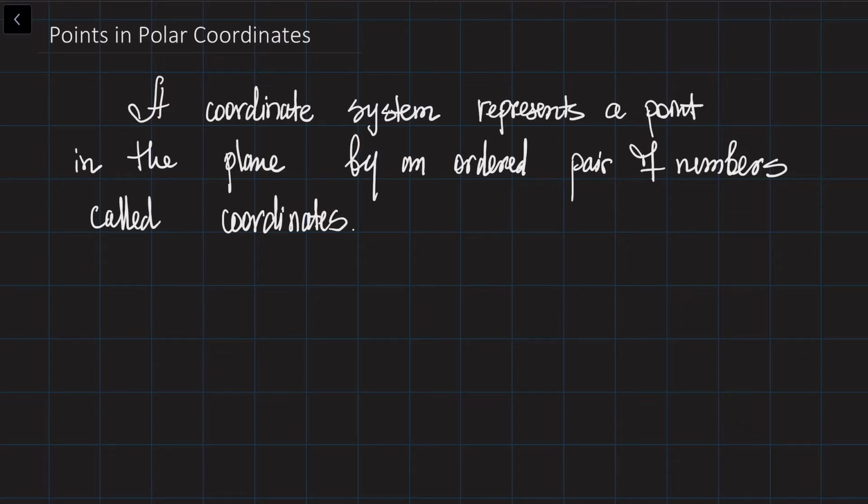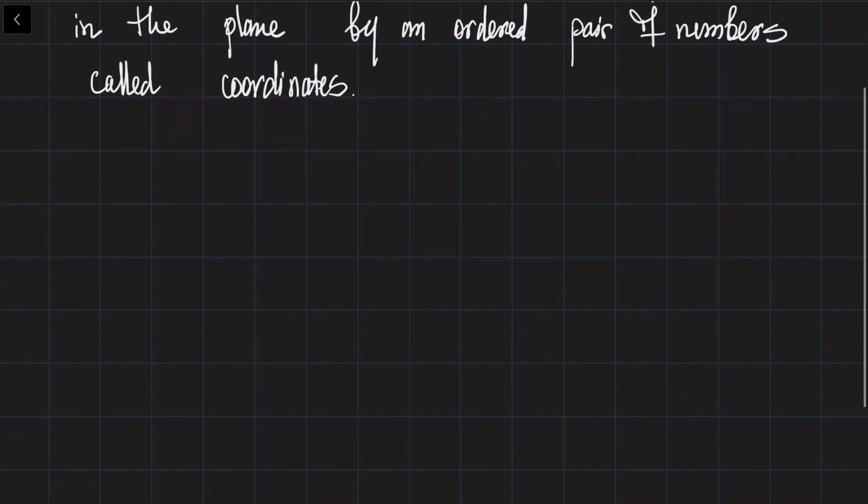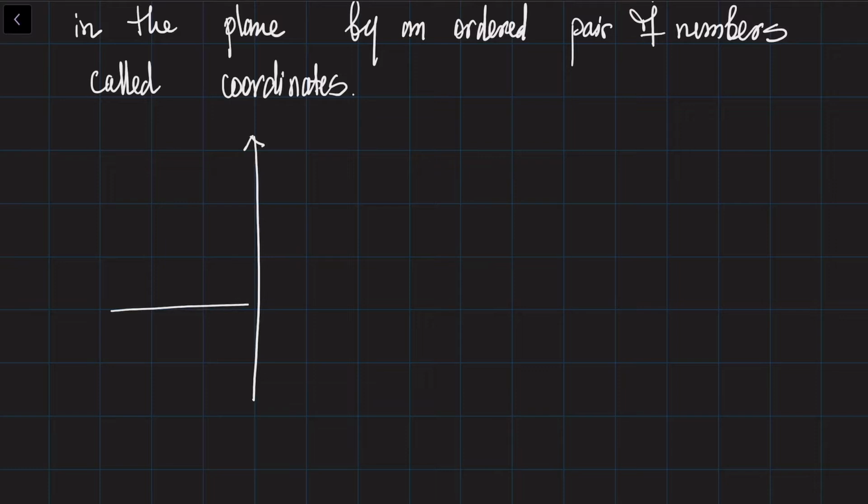A coordinate system represents a point in a plane by an ordered pair of numbers, which are called the coordinates of the point. We usually use the Cartesian system of coordinates when we define any point with a pair of numbers. So, for example, in the Cartesian coordinates, we've got two axis lines, the x-axis line and the y-axis